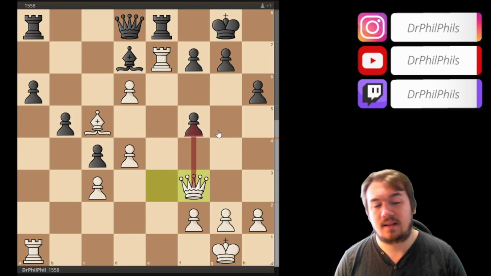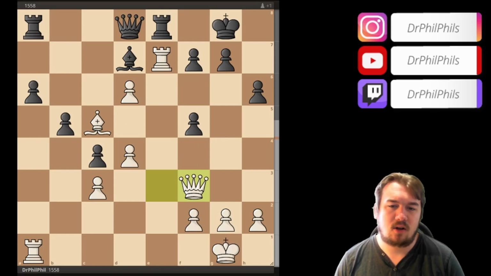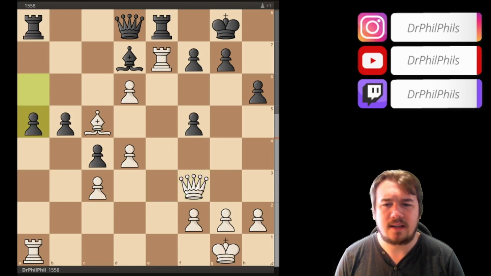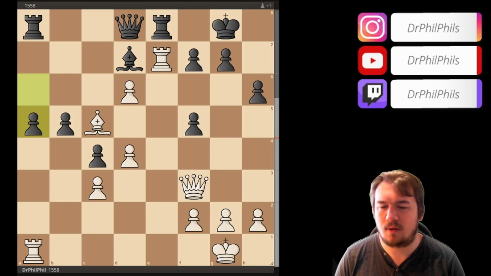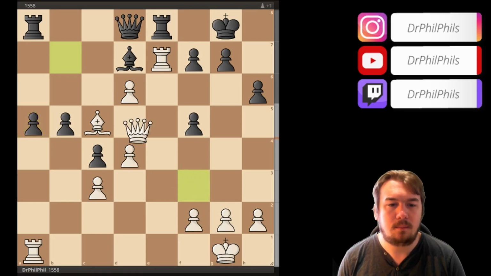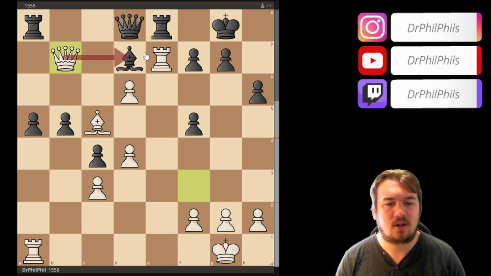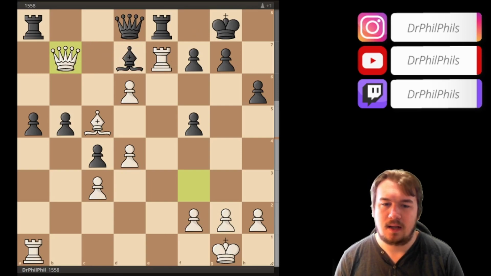This pawn is constantly attacked, so black is already a little bit, not in Zugzwang, but very close to. He doesn't really have great moves here. He tried a5, just pushing the pawn, which is probably one of the better attempts. But now queen b7. Now the queen comes in here. There's a double attack on this bishop here, and if the bishop ever moves, then the engine wants to play